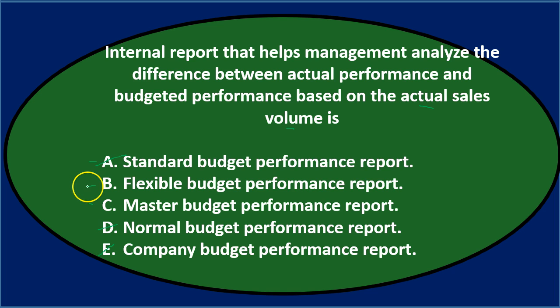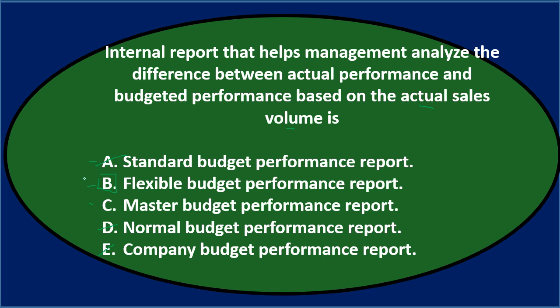Now of these two, the more precise answer you would think would be flexible budget performance report. Why? Because that's the point. We're trying to compare what happened versus what we budgeted to happen, not based on the budgeted performance numbers for the volume, but based on the actual units, the actual volume that actually happened, because then we can compare like to like, apples to apples, the same thing to the same thing. So that's the purpose of the flexible budget at the end of the budgeting process,